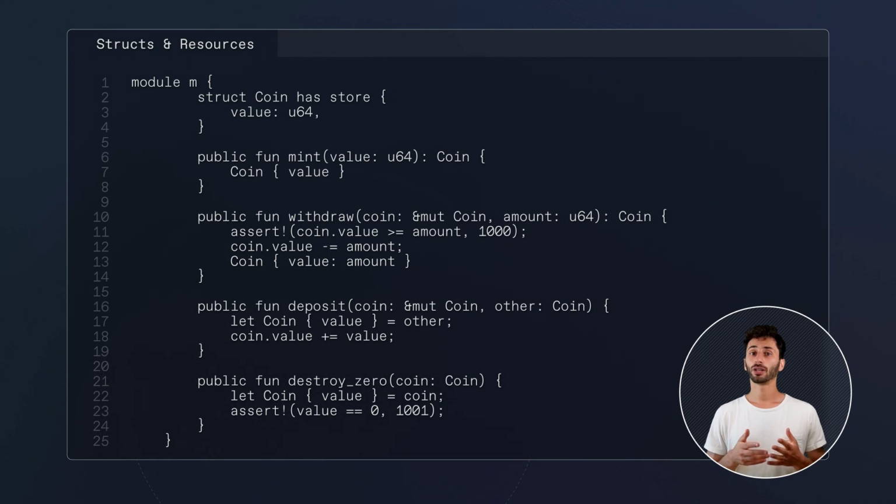The example below illustrates how you can use structs and resources in Move. In this example, we define a struct Coin representing a coin resource. It has the store ability, allowing it to be stored in global storage. We provide functions for minting new coins, withdrawing coins, depositing coins, and checking if a coin has a value of 0. This example demonstrates how structs and resources can be used in Move to model real-world concepts and manipulate data